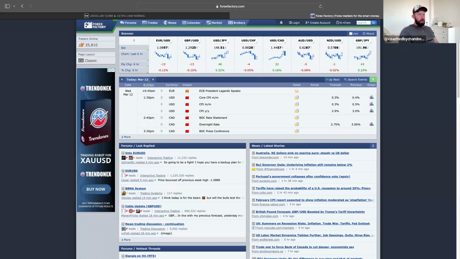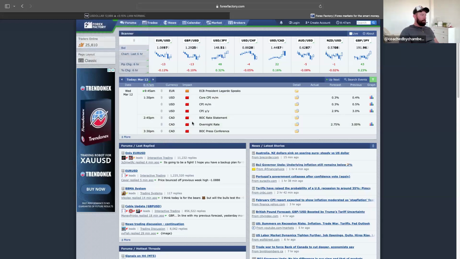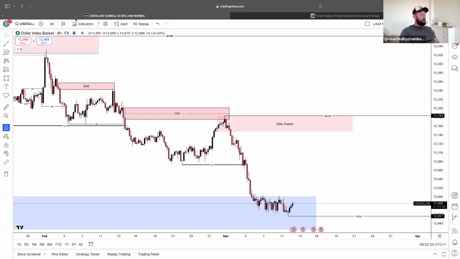So again, understand that if you're trading today, make sure that you are trading with risk, because CPI, the fundamentals, is extremely important to move the markets. And then we've got Canadian dollar news around 2:45 and 3:30 as well. So keep an eye on that. If you ever want to look at news, go to forexfactory.com. The red folder is where it's high impact, the orange folder is medium impact, and the yellow folder is just general news during the day.